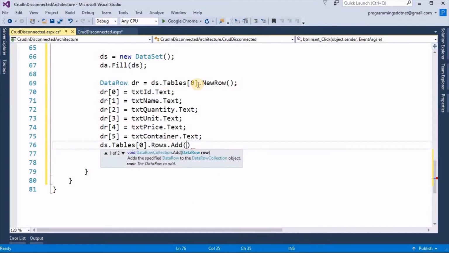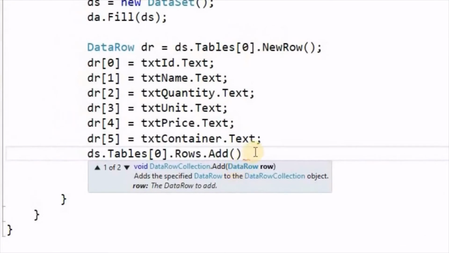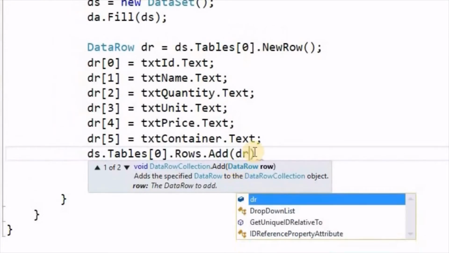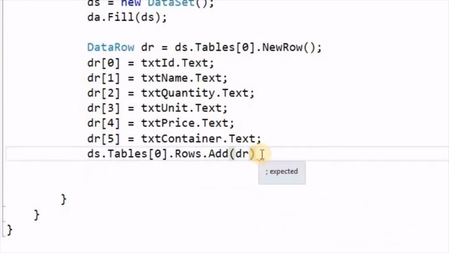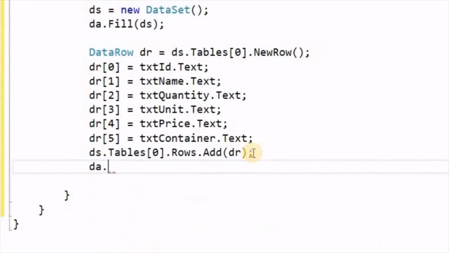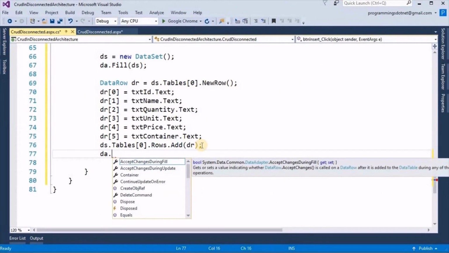Here we can see data row, so dr, and da.update,